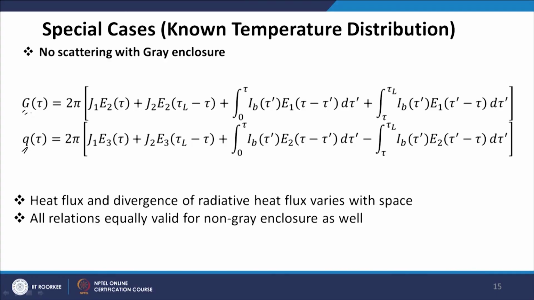So, in practice, in numerical procedures, the solution is always iterative. We do not have to assume radiative equilibrium. What we can do is assume that the temperature is known, although it may be a guess temperature and not the actual temperature. You check the overall energy balance equation. If it is not satisfied, you correct your temperature and then again solve the radiative problem using the equations given on this slide. That is, you do a forward calculation with temperature known, solve for Q and G, and then find del dot Q,